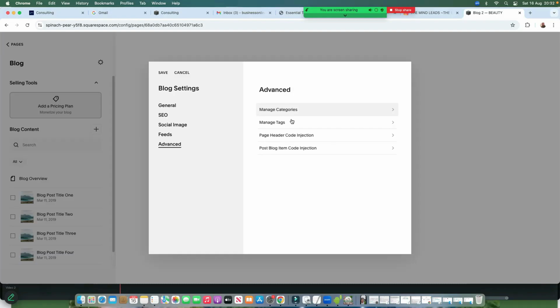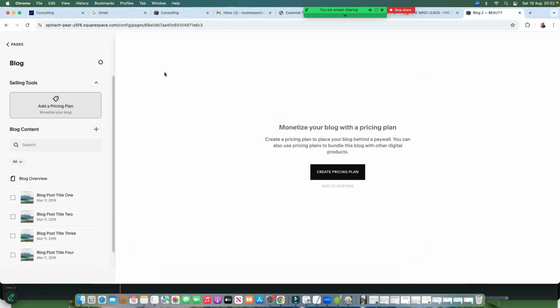I'll show you how to create categories, tags, and everything. You sort of need them. You understand this. This will make more sense once I create the tags and category. Once you've made any changes here, you need to click here on save. And here on the blog overview, these are some of the blogs overview that we have now. If you click here on these three dots and click on settings,